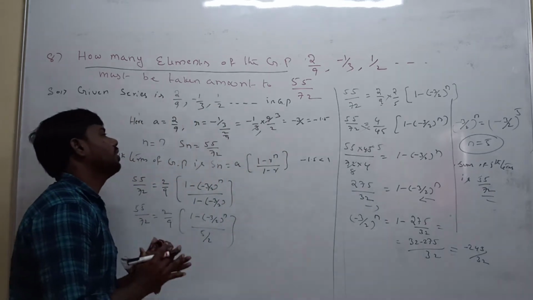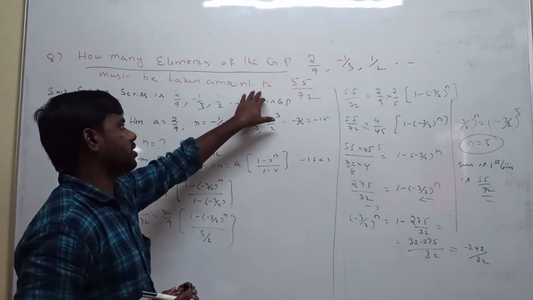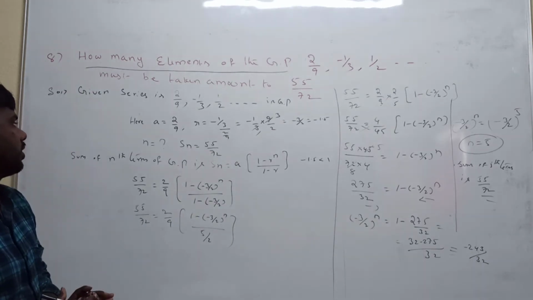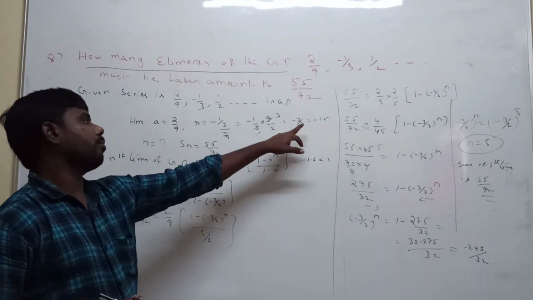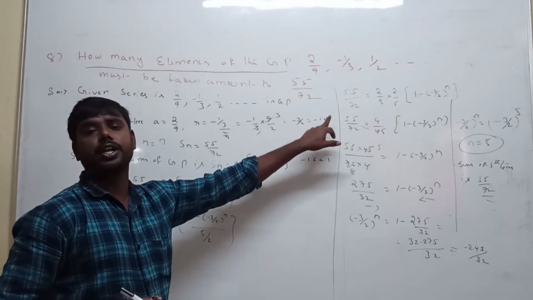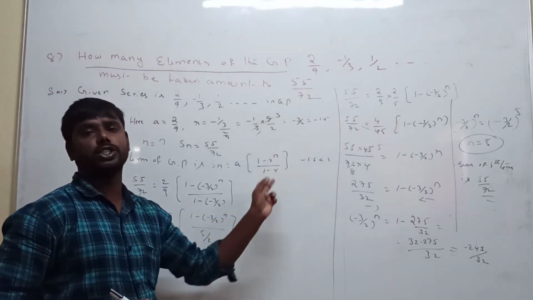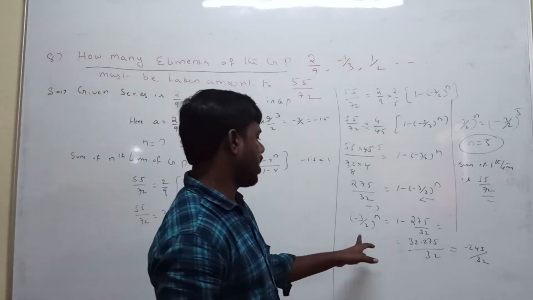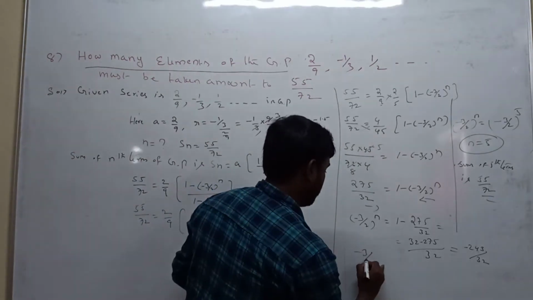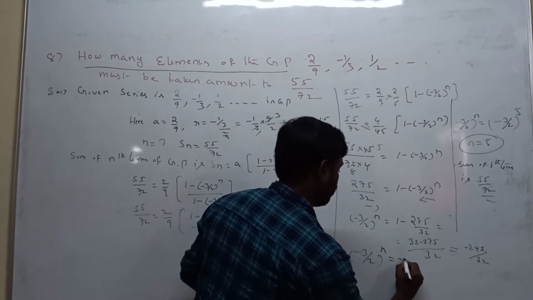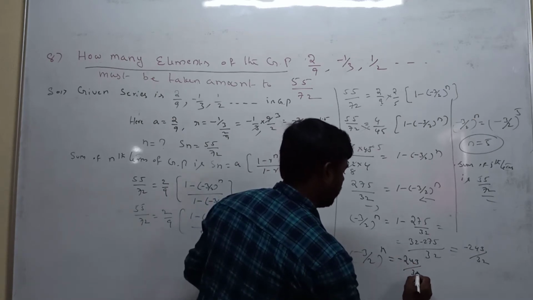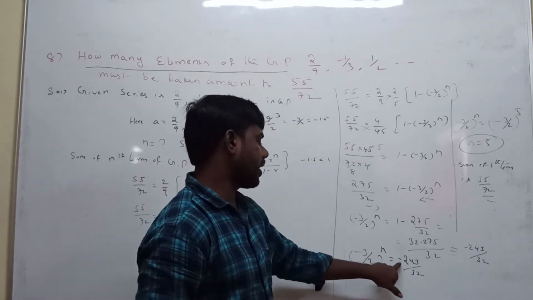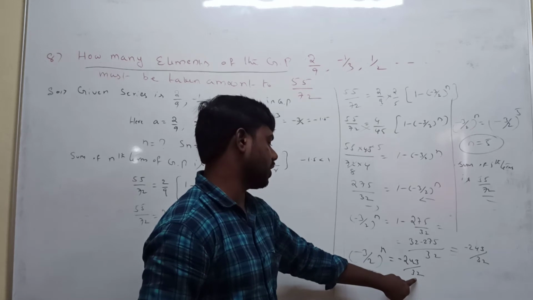Listen carefully. They gave one sequence, the total given sum amount, to calculate the number of elements in the geometric progression. So now the r value is minus 1.5, it is a negative value. That's why we are applying the first formula. Now applying all values, finally we get minus 3 by 2 all to the power of n is equal to minus 243 by 32.